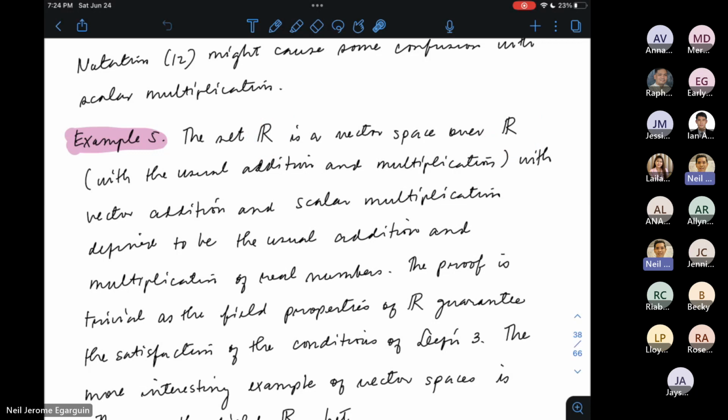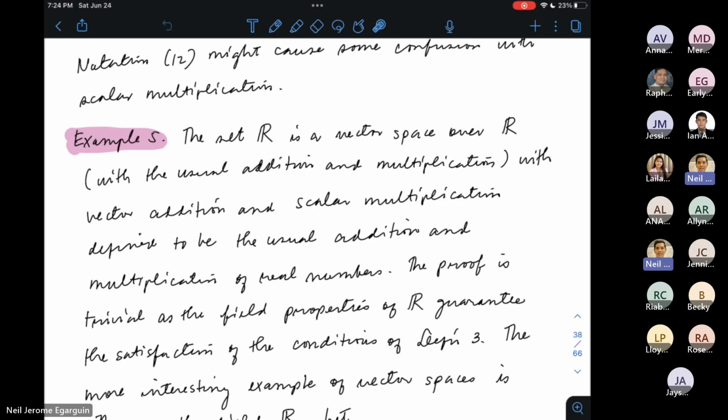Alright? Na medyo kakaiba nga siya dun sa konsepto natin ng vectors na kung sa physics, di ba, ang vector ay isang quantity na merong direction. Kaya sabi natin, pag meron kang isang real number, hindi siya vector kasi wala siyang direction. Scalar lang yung tawag natin sa kanila. But in theory, example 5 is telling us that you can get a vector space taking the field not only as the field of scalars, but also as the set of vectors, with the same usual addition and multiplication, right?